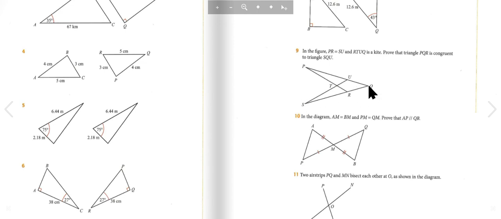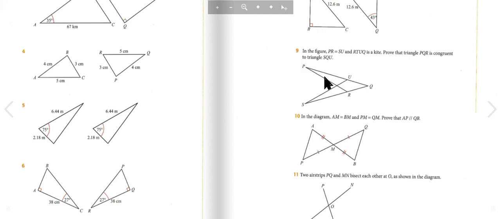Well, let's see. Because this is a kite, first of all, PR equals SU. So this side is the same. This angle is the same because they share the same angle. And because this is a kite, these sides are the same. So it is congruent because SAS, side,